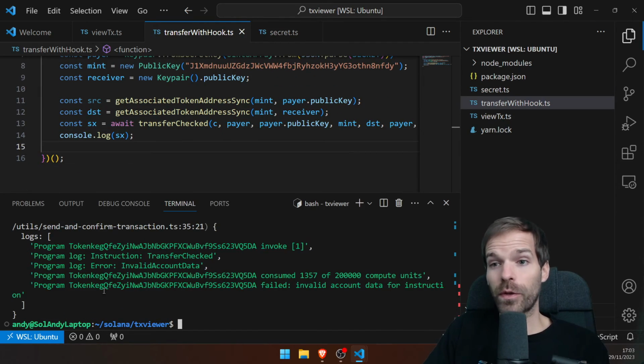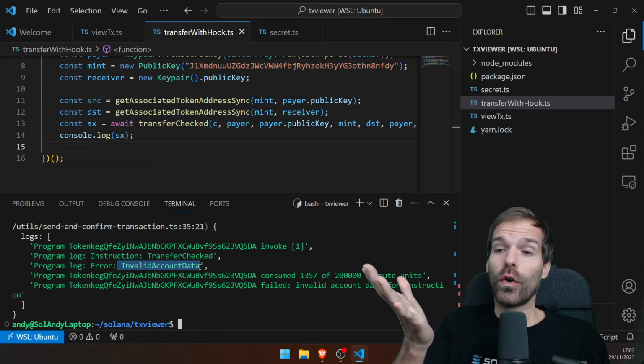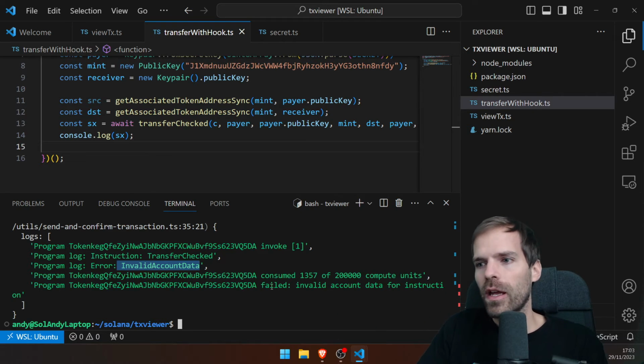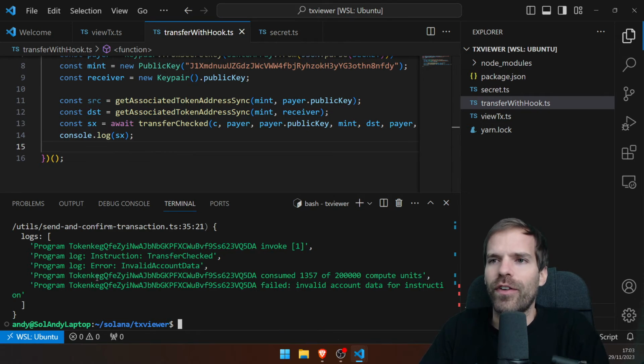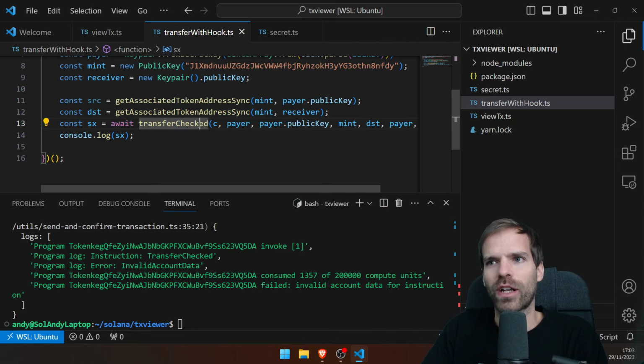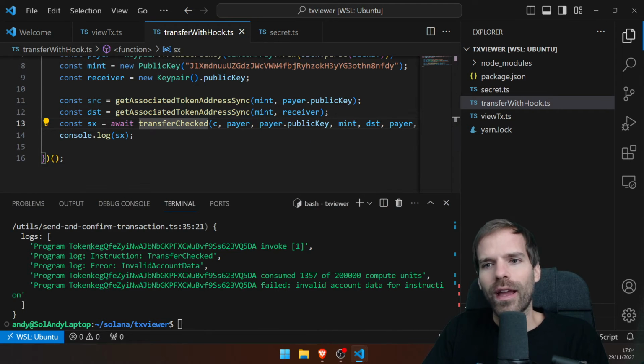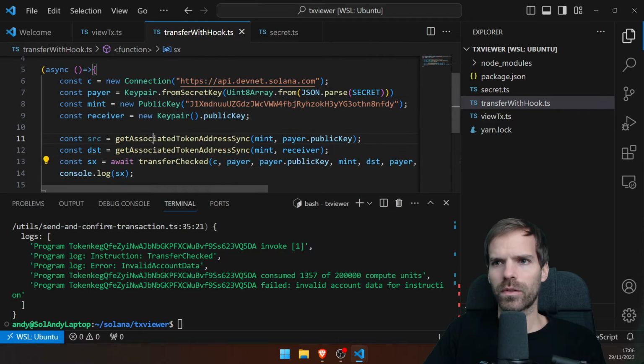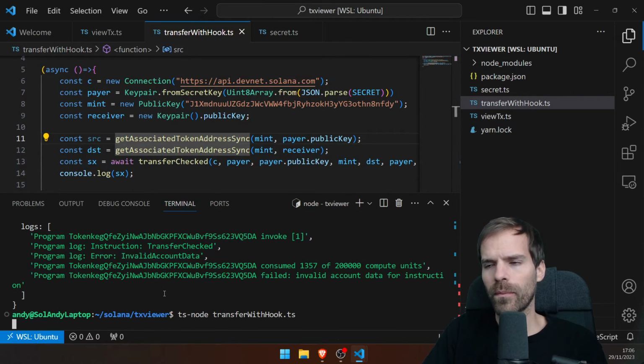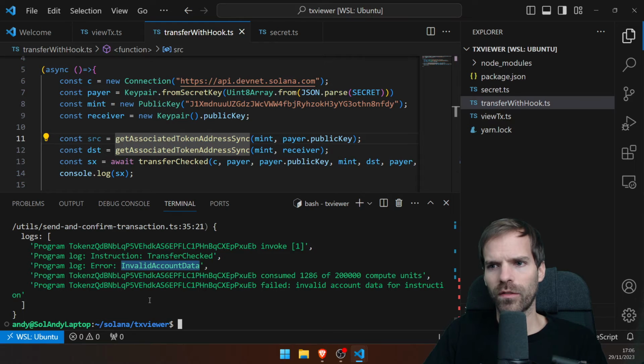All right, so if we do it manually, at least we get nicer formatted logs. We do a transfer checked. We get the error invalid account data. Thank you for formatting that for me. And failed: invalid account data for instruction. Okay, I mean, fair enough. I just do a transfer checked and I don't do anything else. I even use the Token-Keg program. So let's do it on the new token program. Same thing. Invalid account data